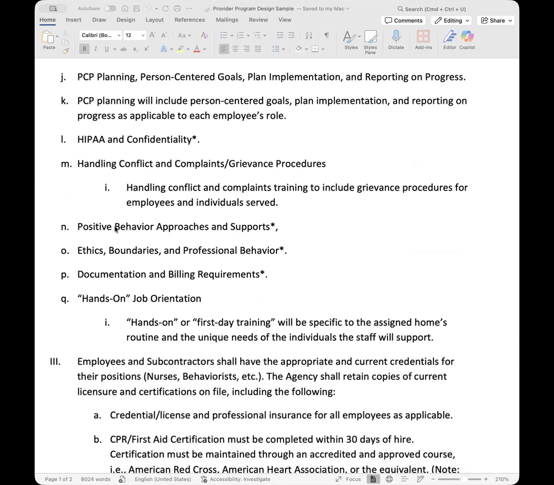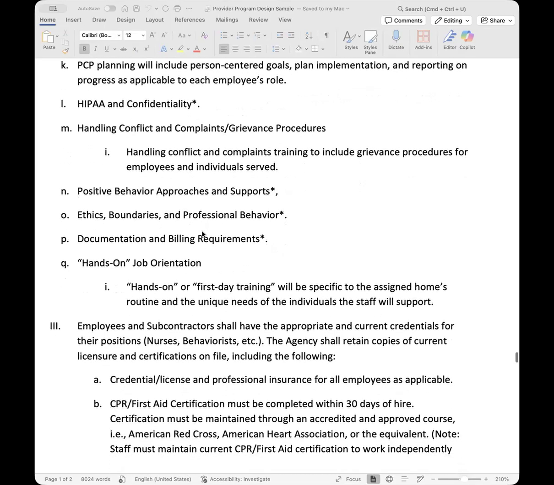Okay. Handling conflicts and compliance and grievance procedure. We went over that a lot last week. If a client or their family member is not satisfied, what is the process? Your staff need to be trained in that process as well so that they know if a parent comes to them, how they're supposed to handle that complaint and the discussions that they're supposed to have. And if the parent is not satisfied once talking to the employee, the employee knows who to direct them to.